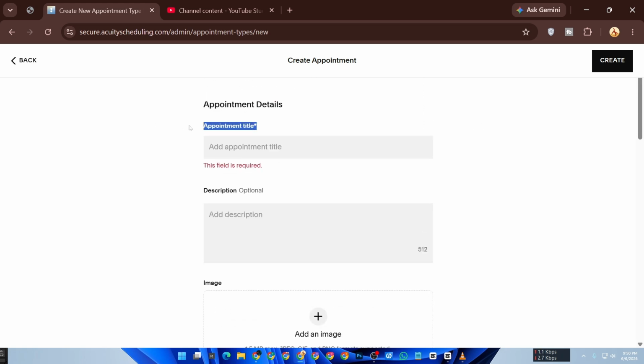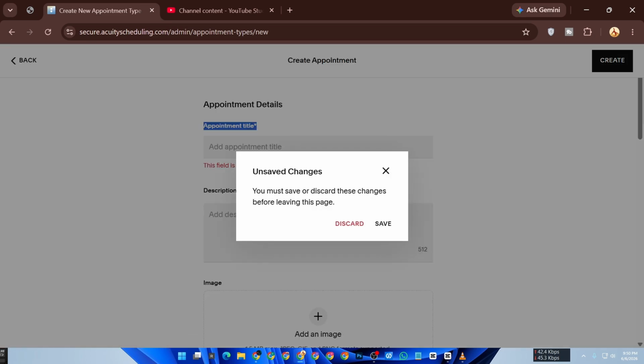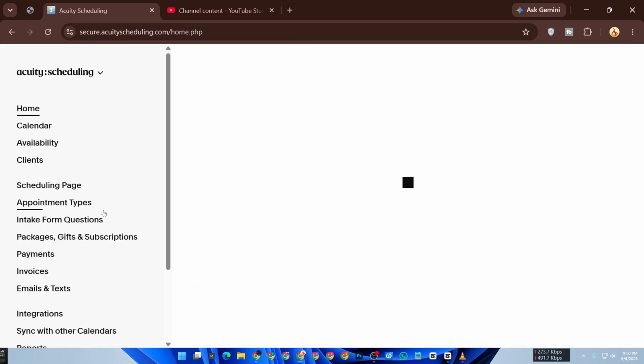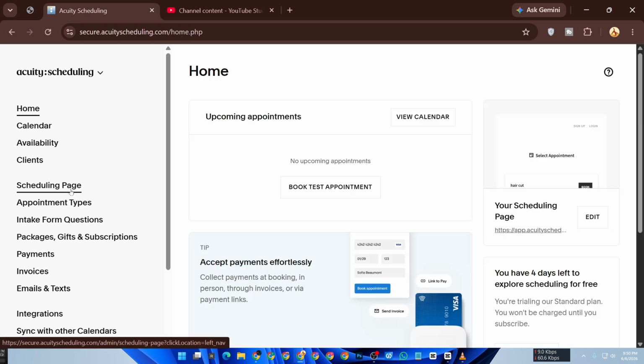After that, customize your booking page. Add your clinic branding, adjust the layout, and enable automated email or SMS reminders to reduce missed appointments. Now embed your Acuity Scheduling page into your clinic website using the Embed code or booking button so patients can